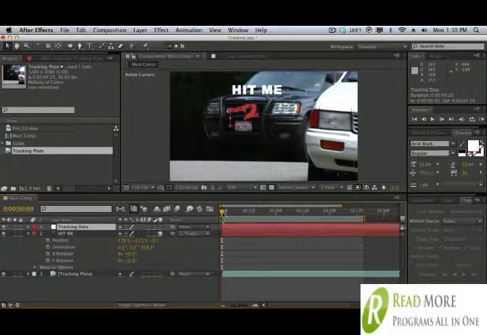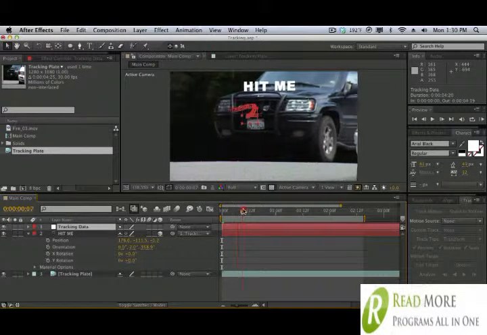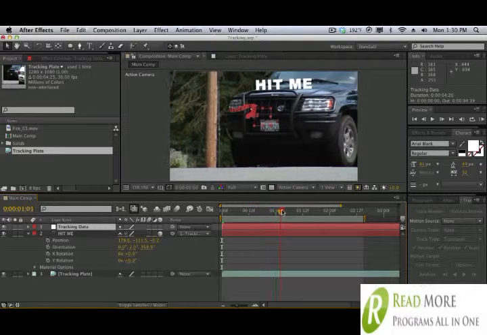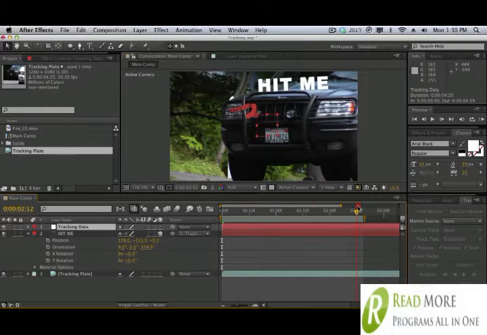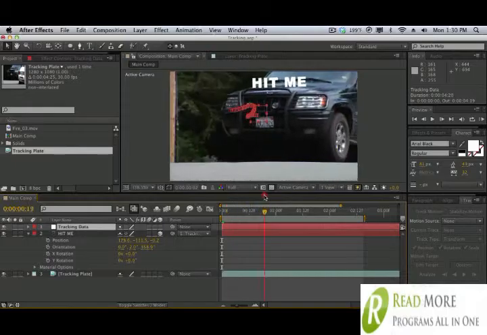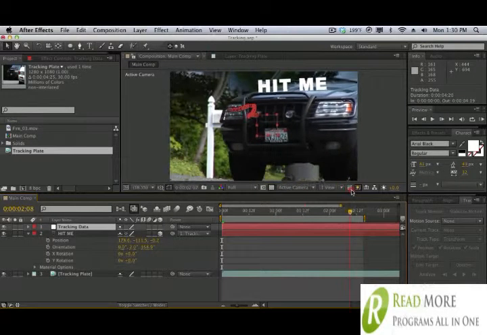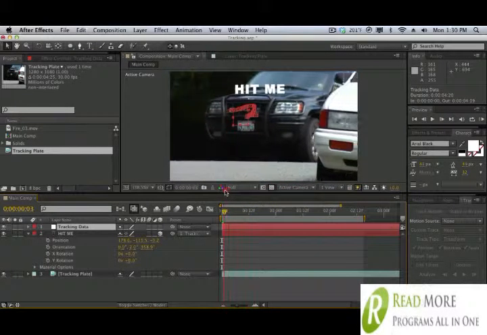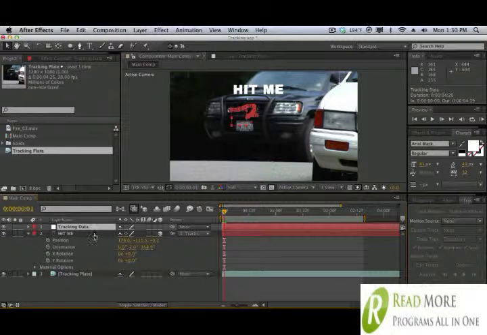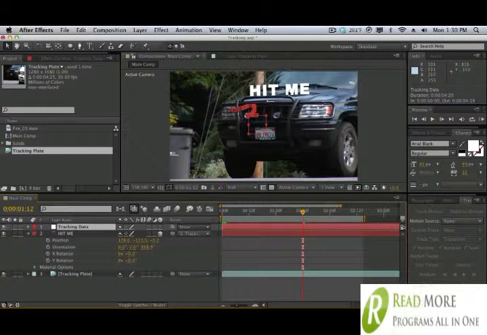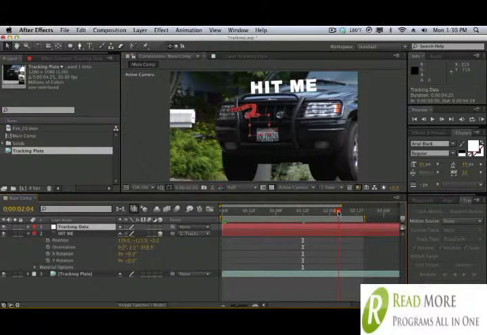So as you can see, our text is following our null, and the null is following the car, so we have a really nice composited text in our scene. And as you can see, our text just follows our car just the way we wanted it to. So because we tracked the motion of the car, we were able to apply that same motion to our text. So the text is actually just mimicking the motion of our car here. And that is the basics of